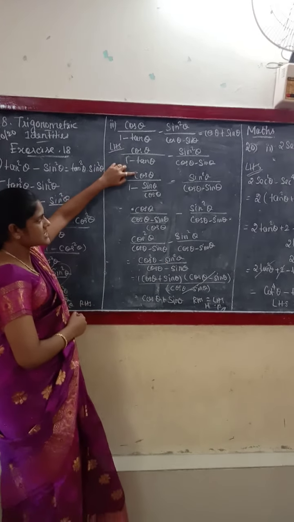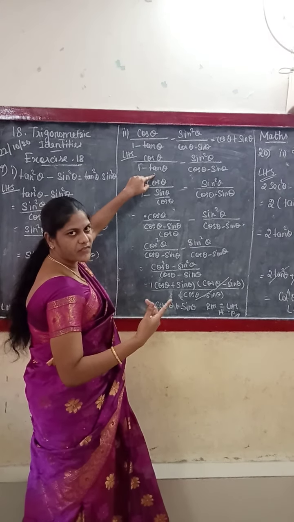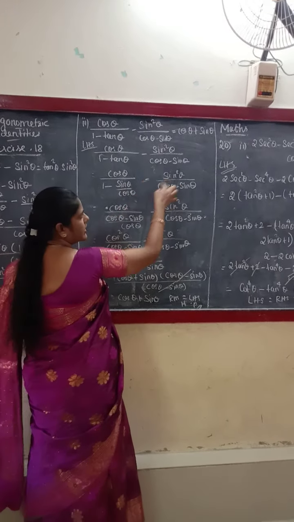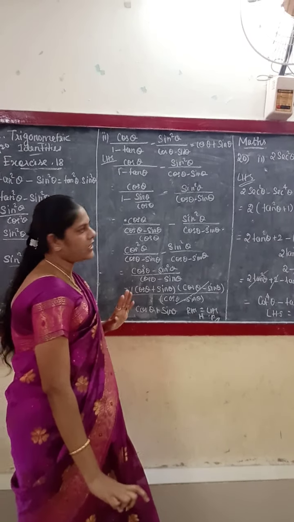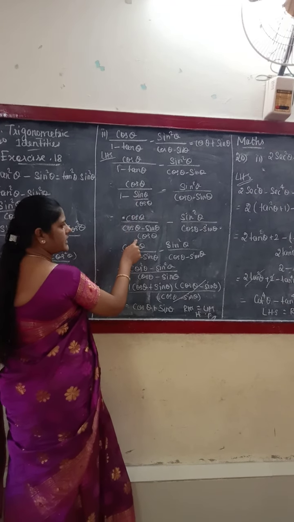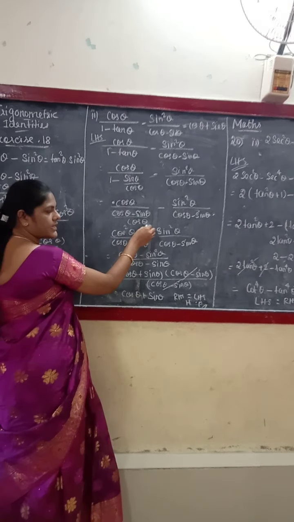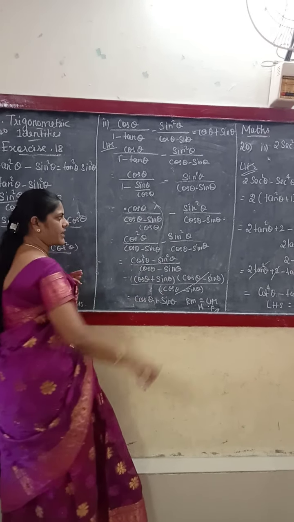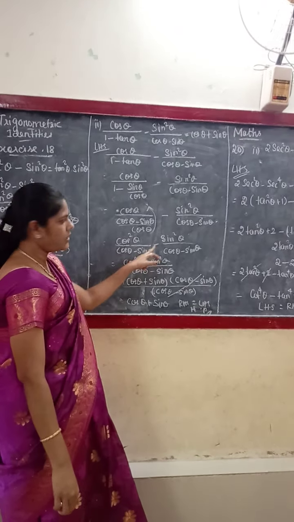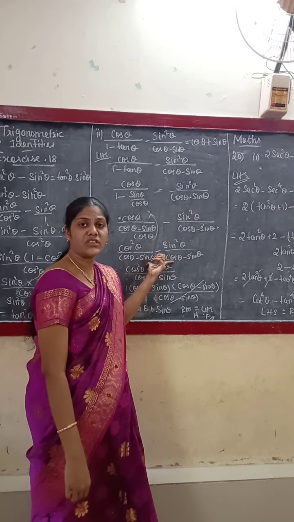Listen. Cos theta divided by, here tan. How do we convert tan? Sin by cos. So 1 minus sin theta by cos theta, minus sin square theta divided by cos theta minus sin theta. I kept that as it is. Here you need to take the LCM. How do you take the LCM? Cos theta minus sin theta divided by cos theta. This term is the same. Next, listen. Here cos theta is the denominator, take it to the numerator. So cos square theta divided by cos theta minus sin theta, minus sin square theta divided by cos theta minus sin theta. Listen, now both denominators are the same.